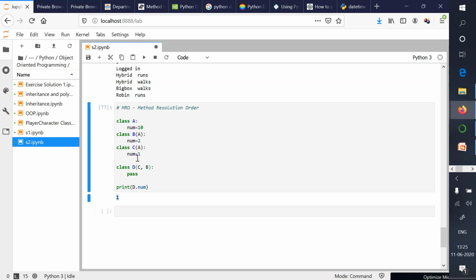So that means the variables are looked up in a specific order. The method resolution takes place using some algorithm, and that thing in Python is the MRO, the method resolution order.